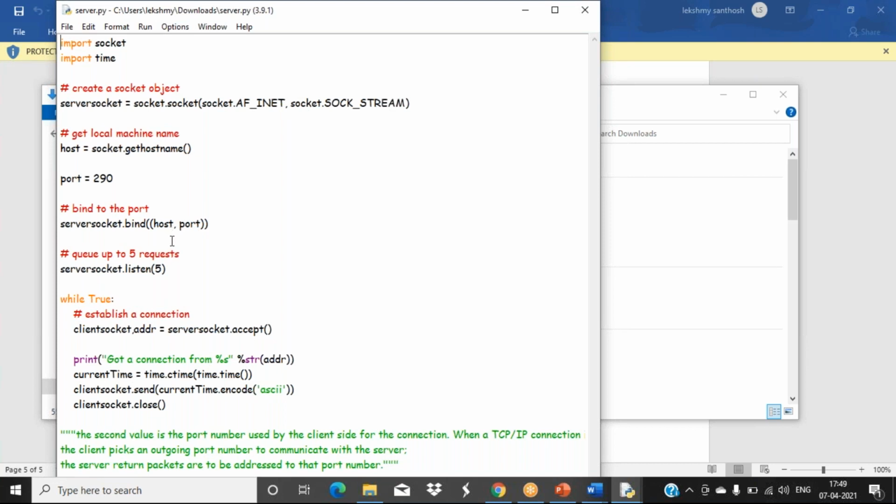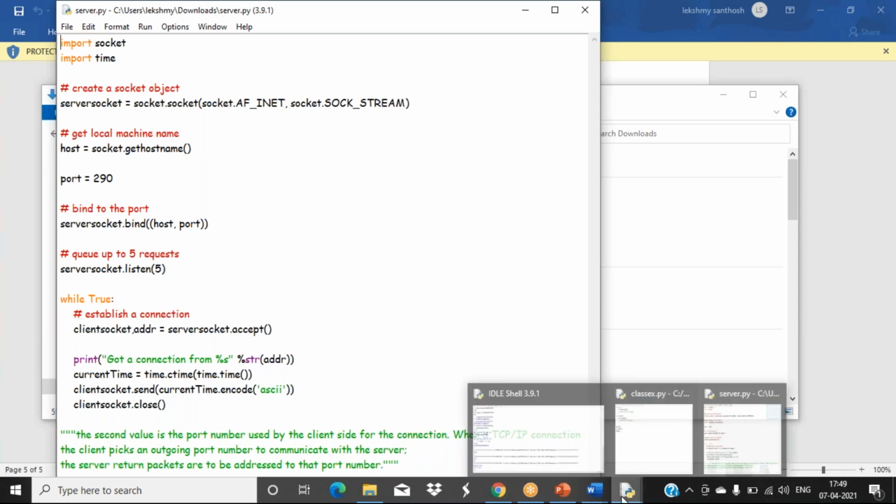In this program, the server is sending a message to the client. The message we are sending is the current date and time. So whoever connects to this server machine will get a message with today's date or the current time. For that, we have created this server-side program.